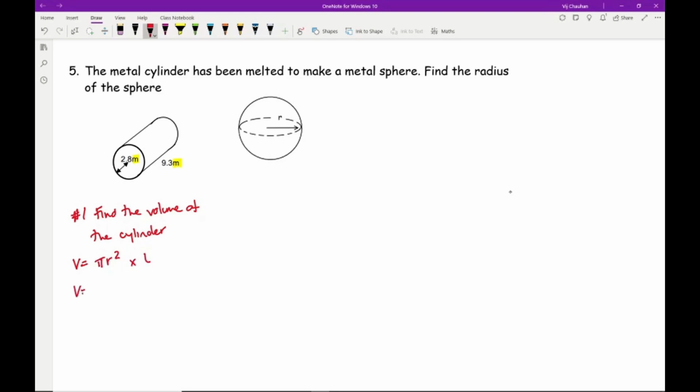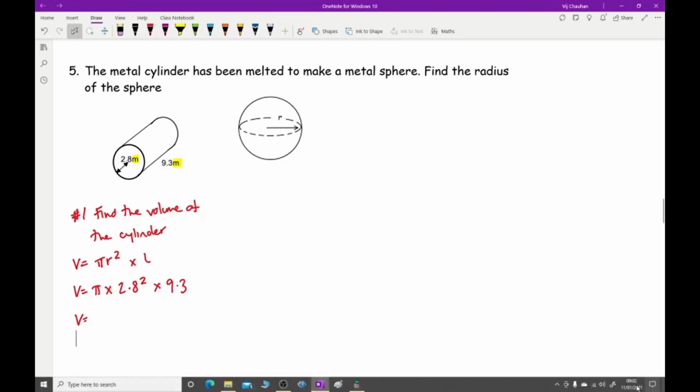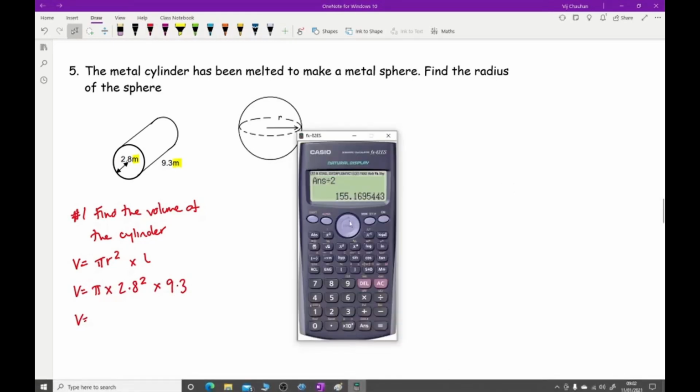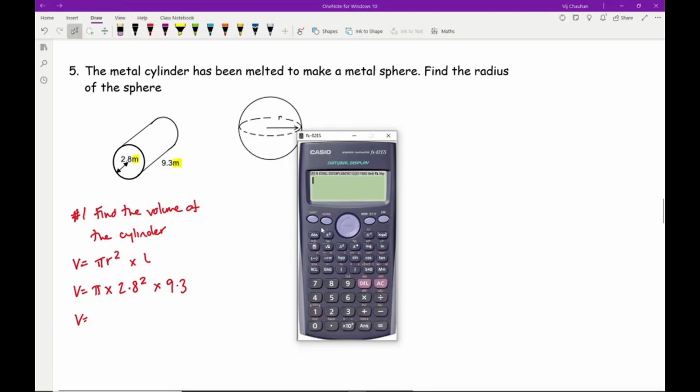So substituting this in, I've got pi times the radius, which is 2.8 squared, multiplied by 9.3. I'm going to simply type it into my calculator. It doesn't really matter what order you do it in, because as it's multiplying it doesn't make a difference, but I'm just going to type it in exactly how I've said it, times 9.3 and press equals, and I get an answer of 229.059